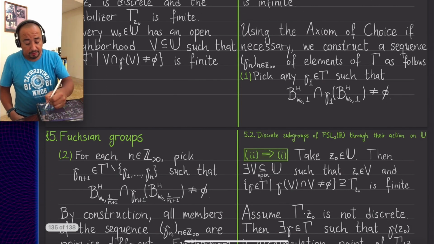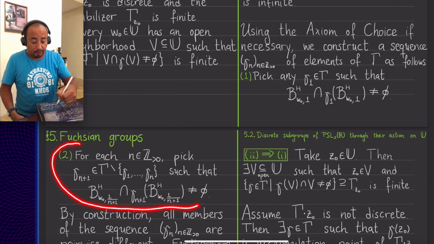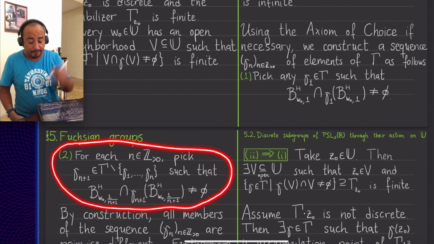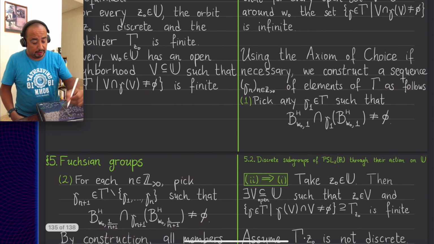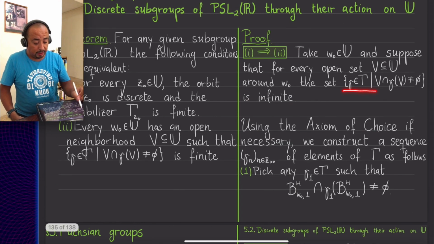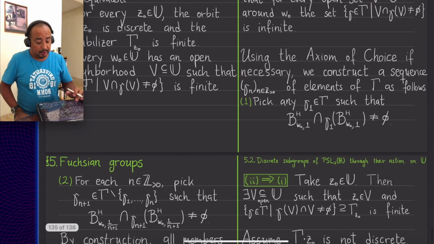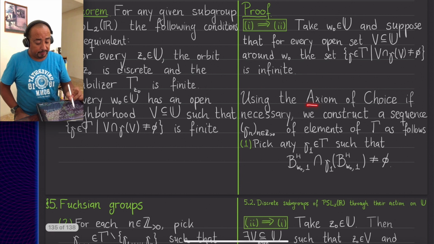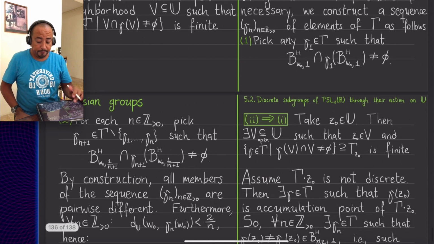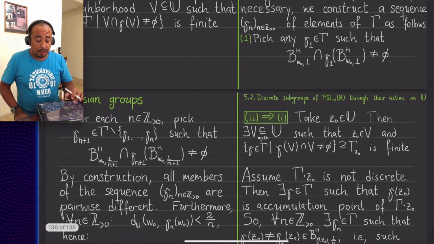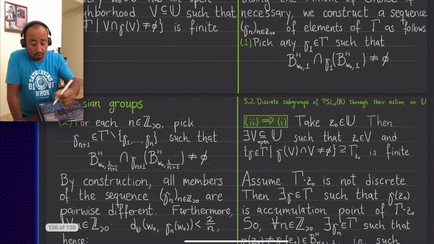Okay, so here you see in this recursive way, in the recursive step of constructing my sequence recursively, I indeed use the fact that this set is infinite. And a small formal exercise is for you to figure out how it is that in this recursive construction I'm using the axiom of choice. Okay, so now by construction, all of the gammas are different, right?